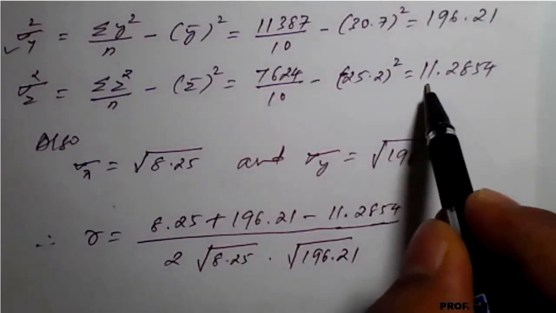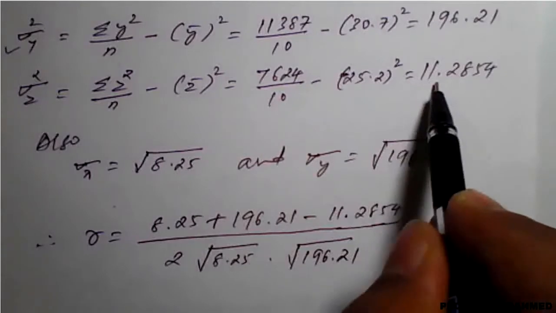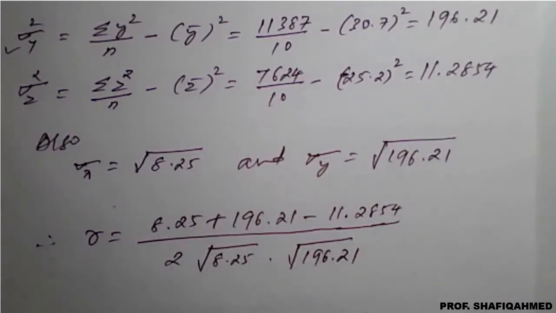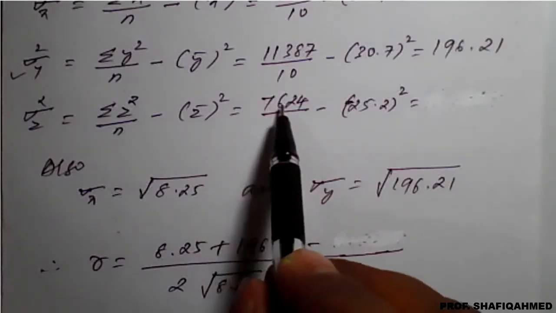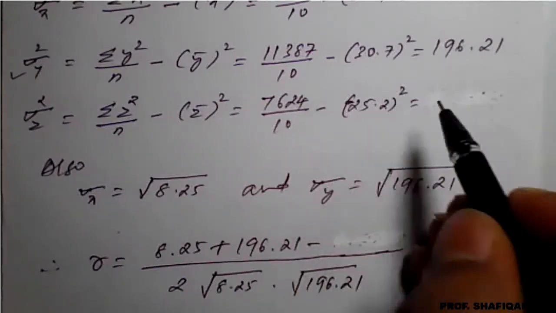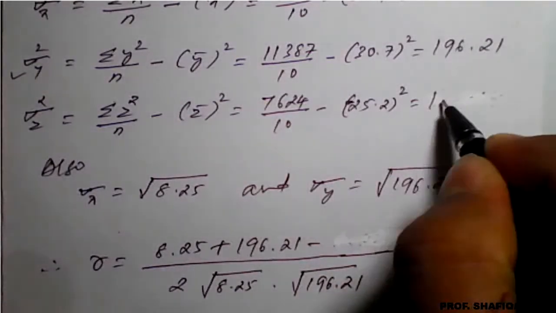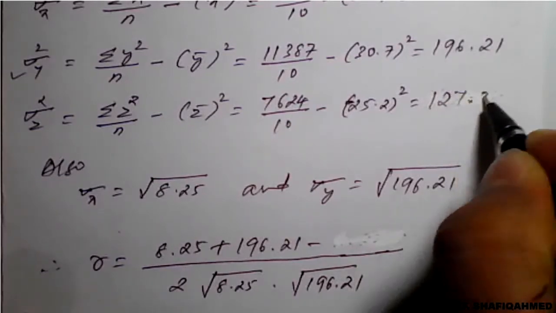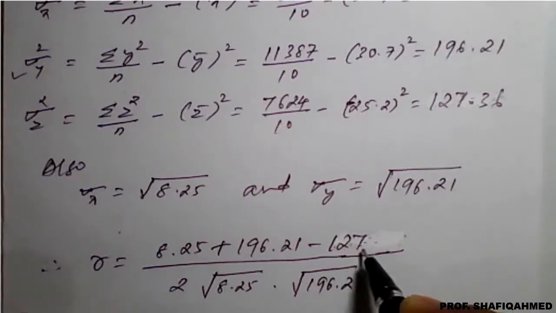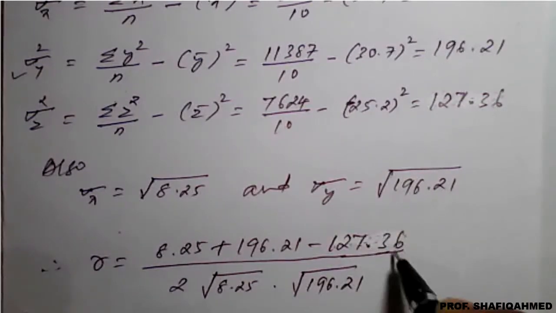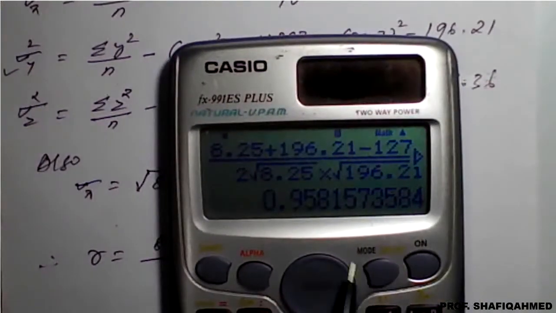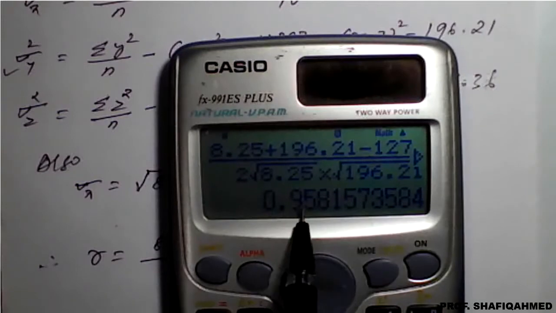so there is a small correction here, this value will be different here, let me calculate and tell you. If you divide 7624 divided by 10 minus 25.2 square, so it will become 127.36. Okay, this is the correction here. So here also it will become 127.36. If you calculate this all,